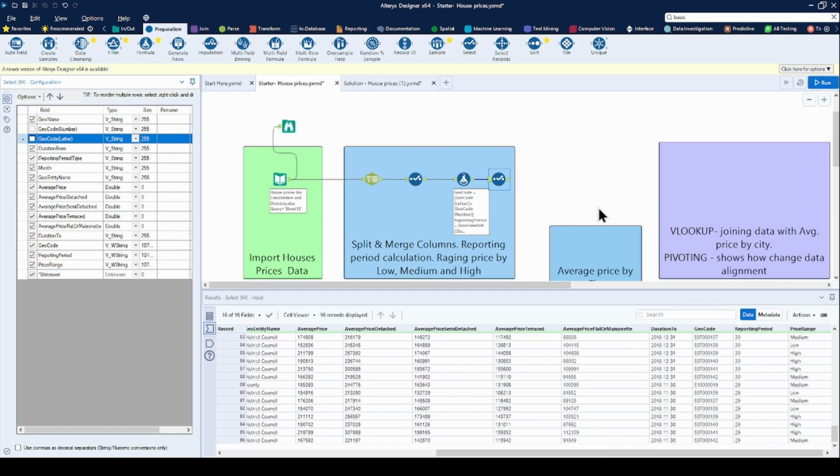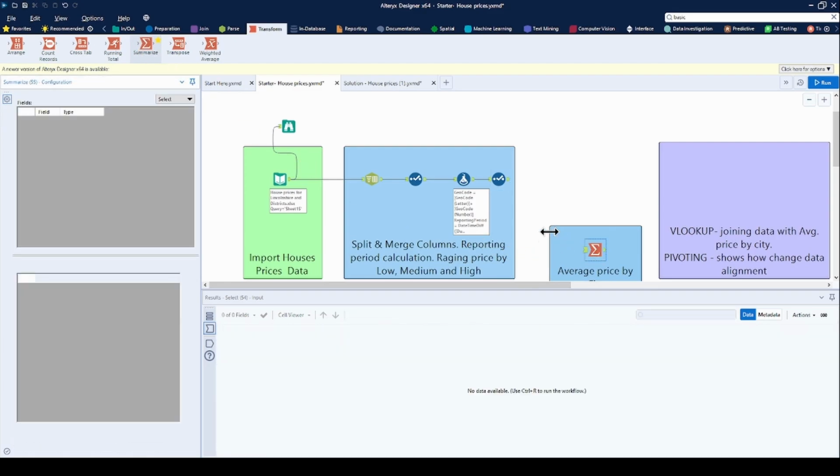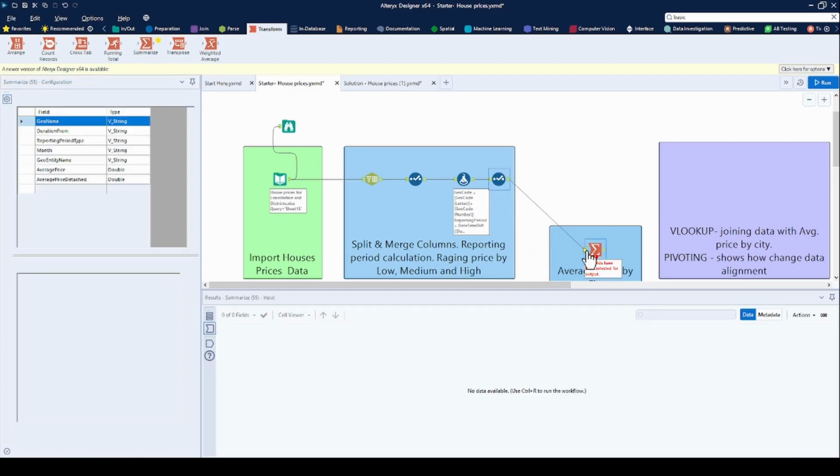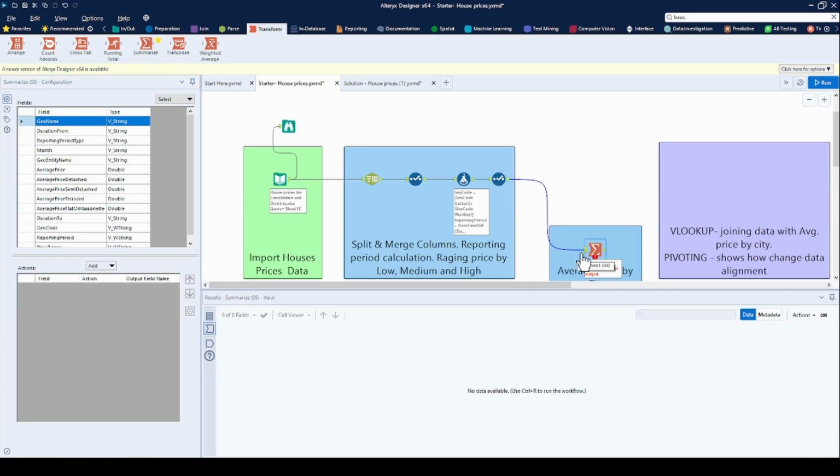This insightful step will enable us to gain a comprehensive understanding of prices, trends, and patterns across different districts, empowering us to make well-informed decisions. For the aggregation in Alteryx, we will efficiently perform the task using the powerful Summarize tool, which is part of the Transform tools. Let's bring it in and connect it. This tool allows us to seamlessly consolidate and analyze data,